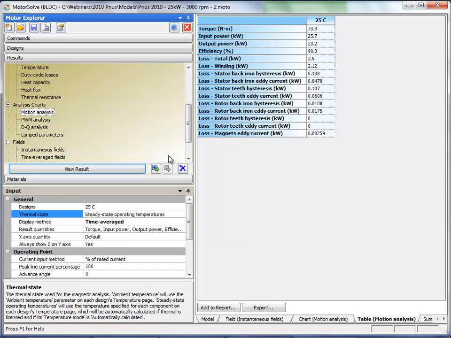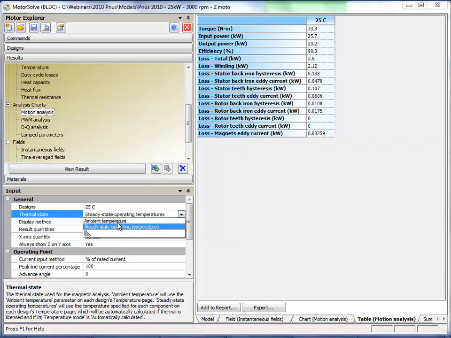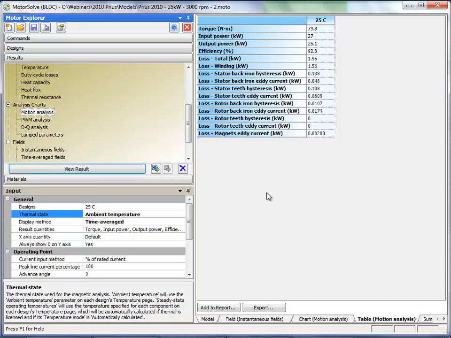So we've lost a little bit, maybe 5% of the overall torque. Our efficiency has dropped roughly 2% from the previous. Our losses are significantly higher, with 2.5 kilowatts, again primarily in the winding. But you can see the overall performance of the machine as a function of either the initial ambient temperature values or the full temperature